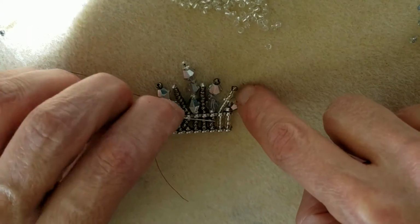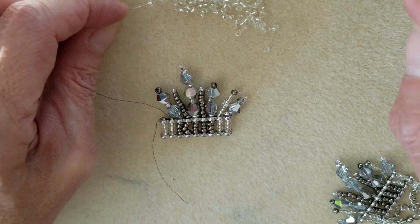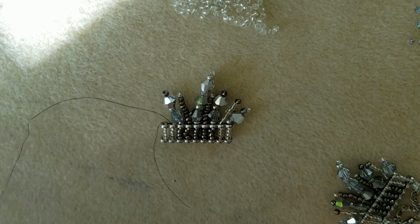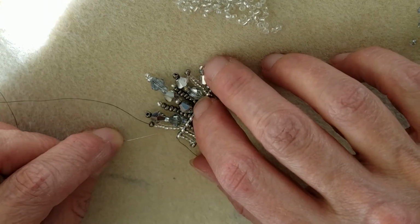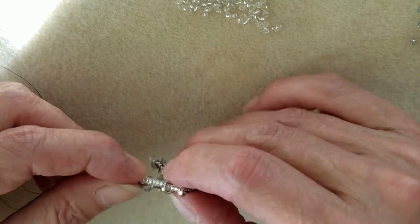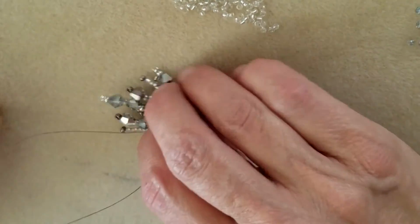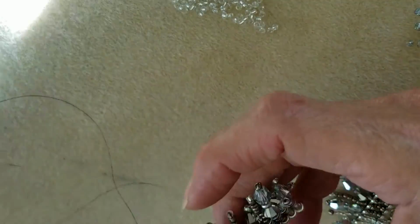And now I need to recreate this one, which was 8 silver line crystals plus 1 of my dark silver 11-0. So I'll pick up 8. And then 1. Bring that all down. I'm going to skip my dark silver and come back through all 8 of these silver line crystal seed beads, the bar, the 4 seed beads in the middle, and the top of the bar. And pull. Alright, now I need to come back down this final hole, the 4 seed beads and the lower part of the bar,